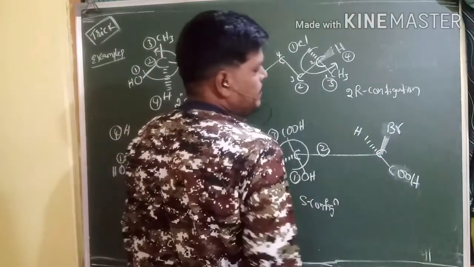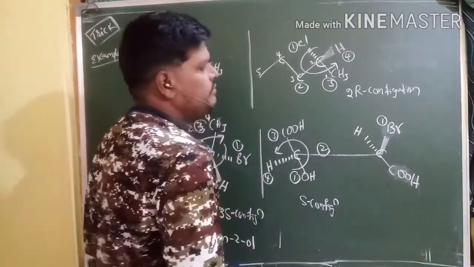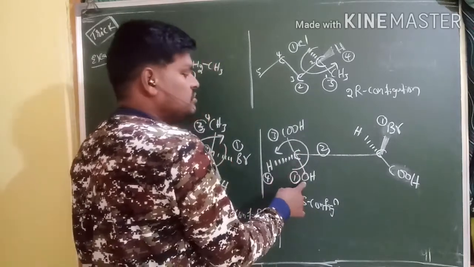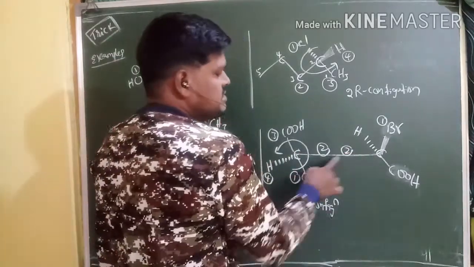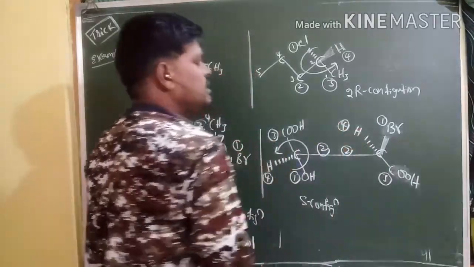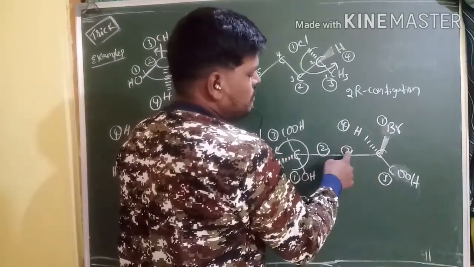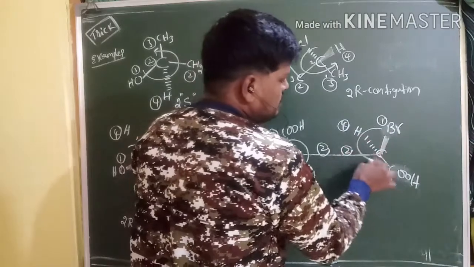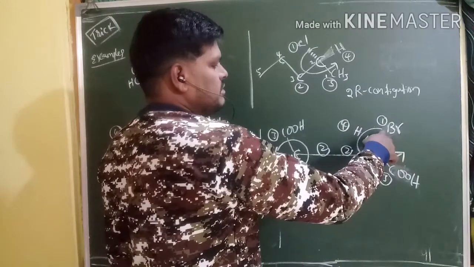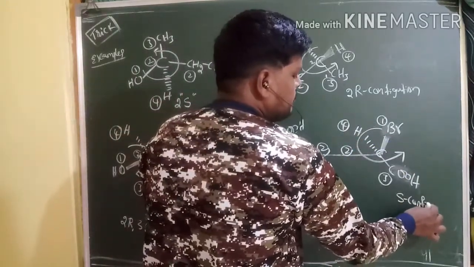Next, coming to this carbon. Right. Here also bromine is the first priority. And next here also COH and COH. But the second highest one is oxygen. That's why this is the second priority for this carbon. And third priority, and here the least priority. Right. And what is the direction for this molecule? 1, 2, 2 and 2, 2, 3. So this is the direction for this molecule. So here clockwise direction or anti-clockwise direction? It is anti-clockwise direction. That's why this is also S configuration here.